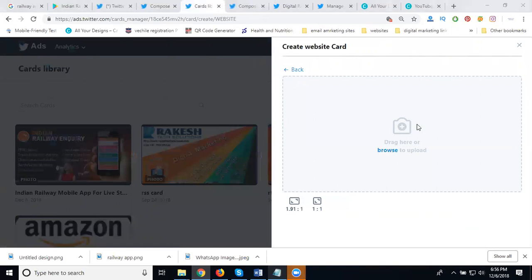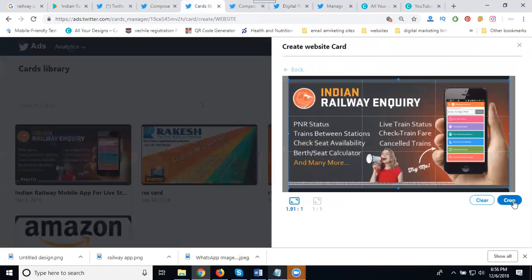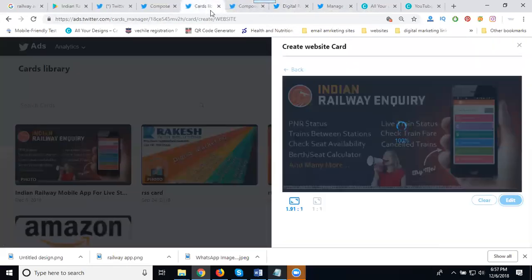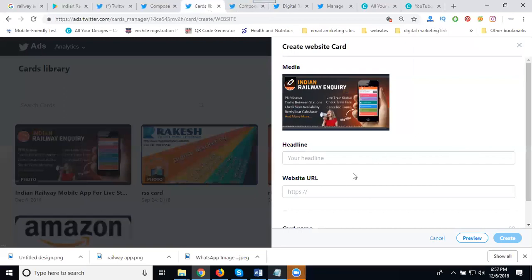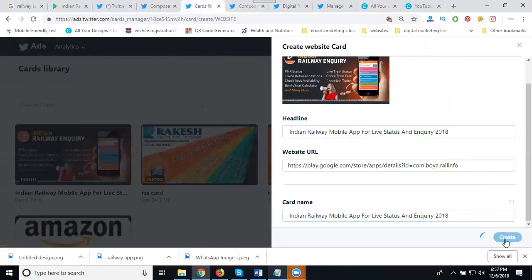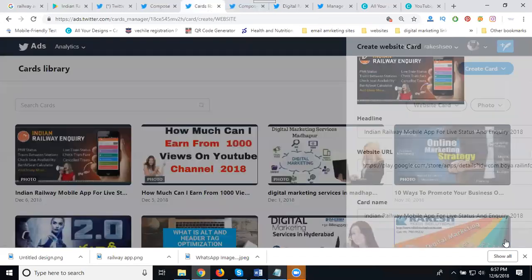Select your image. This is a crop. Copy the URL. Headline. I'll tell you what the previous error was. Just click for create. Click this.